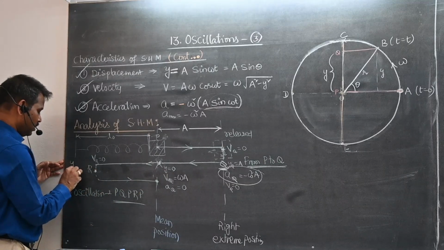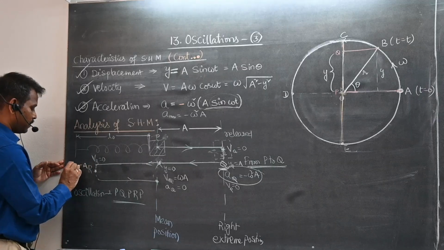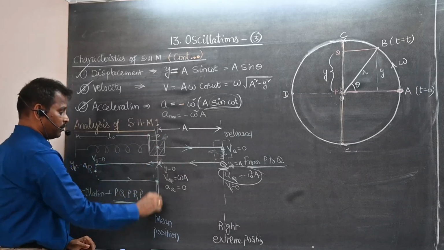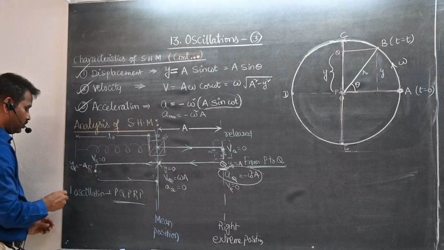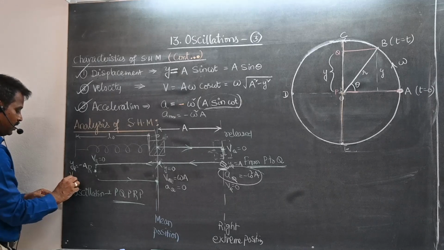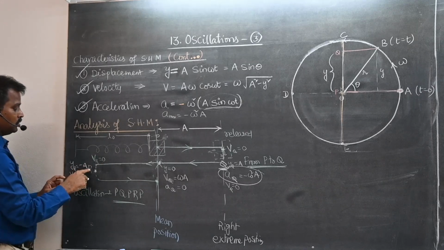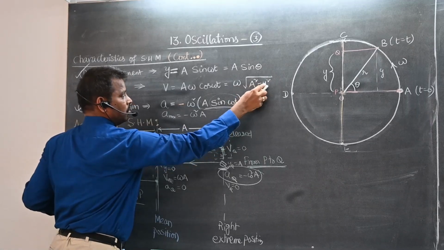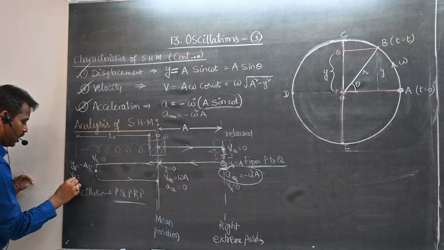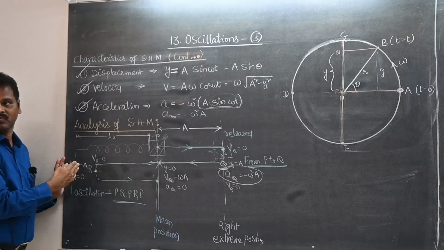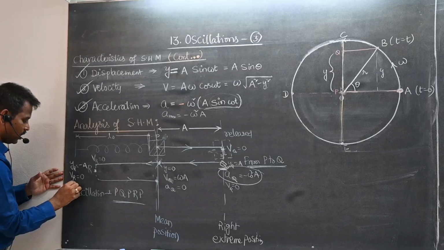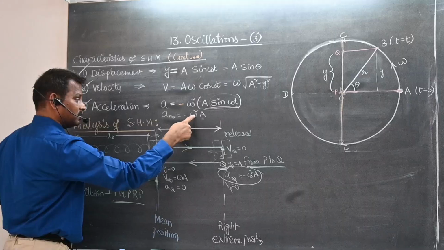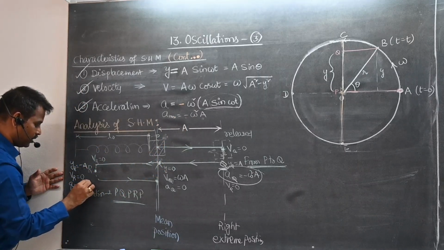Now you come to this point. What is y at R? Is it plus A or minus A? Minus A, left side, because we are measuring from the mean position. That side is positive, this side is negative. Y_R is equal to minus A. What is V_R? Substitute y equal to A. Y square is A square. A square minus A square is 0. So 0 times anything is the velocity at R: 0. That we know. At the extreme position, velocity will become 0. What is the acceleration at R? Minus omega square times minus A. Minus of minus A, plus omega square A.